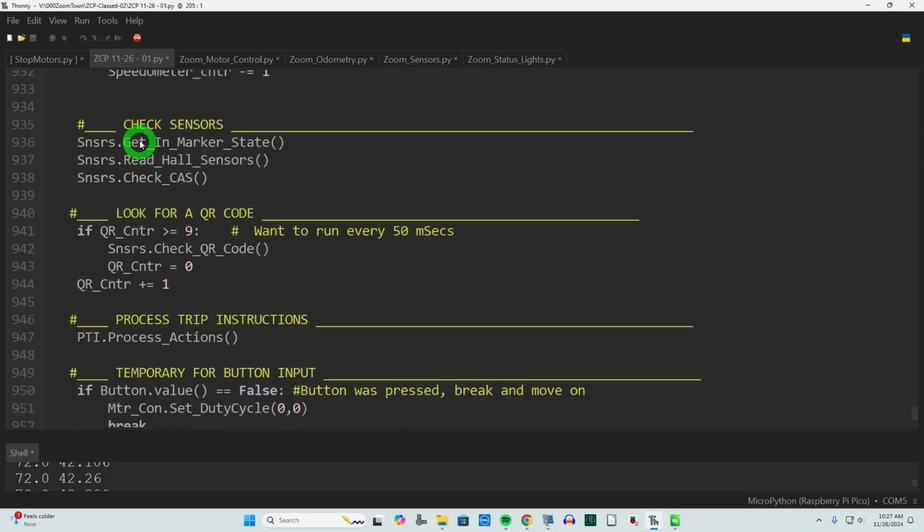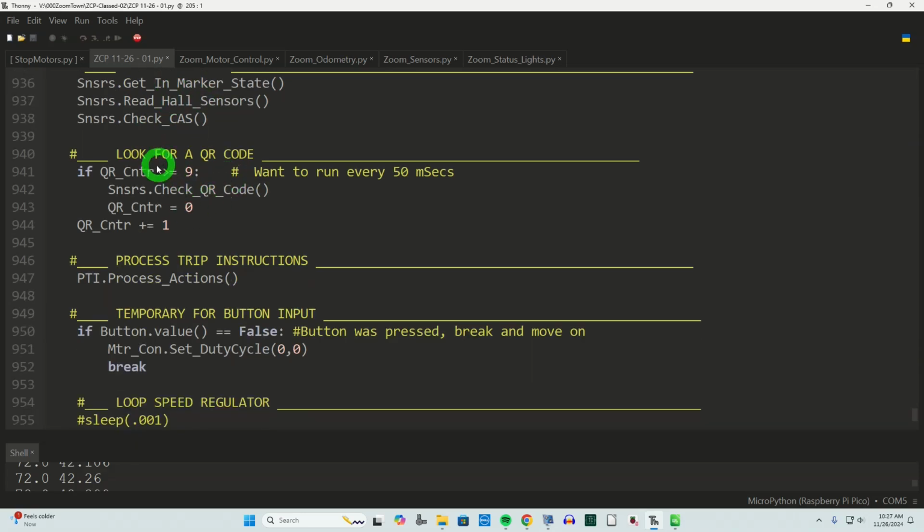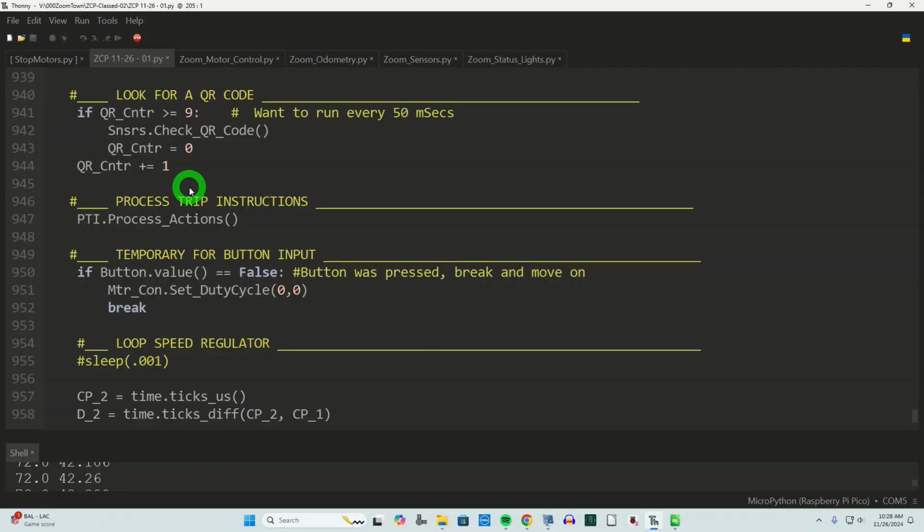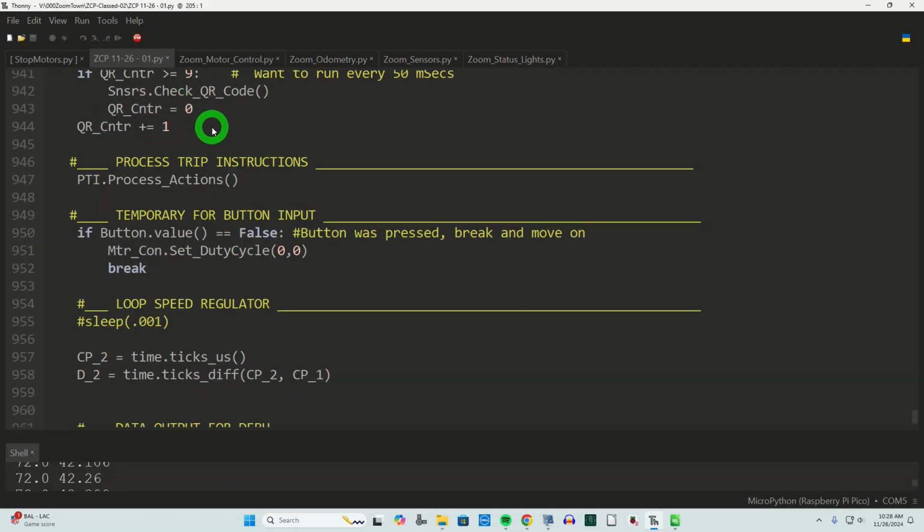We're going to look for a QR code. Current testing is saying I don't have to do it. Actually, that's not 50 milliseconds anymore. It's different from that. But it's 9 loop cycles. And currently that seems to be working. But that's going to all be dependent upon how fast the Zoomie's moving and how far ahead it can see to make sure that it gets at least one image of the QR code before it passes it by. And that would be based on this frequency. Then we process our trip instructions, and